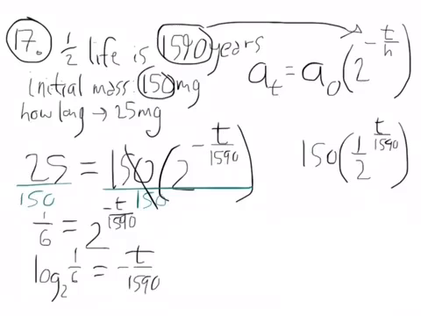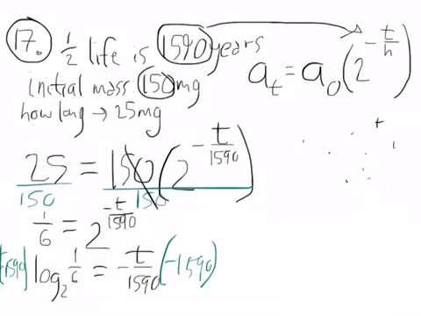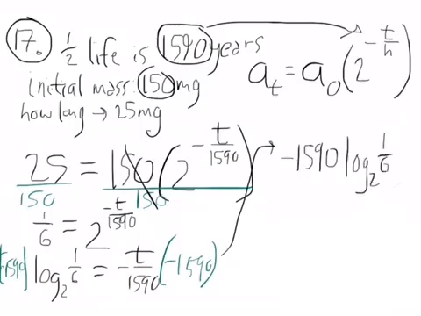And if I keep going to solve this, I'm going to multiply both sides by negative 1590. I'm trying to fit all that in. Negative 1590. Sorry, I'm out of screen. Negative 1590. So I get a little space over here. What that does is then it leaves me with negative 1590 multiplied by log base 2 of 1/6 is equal